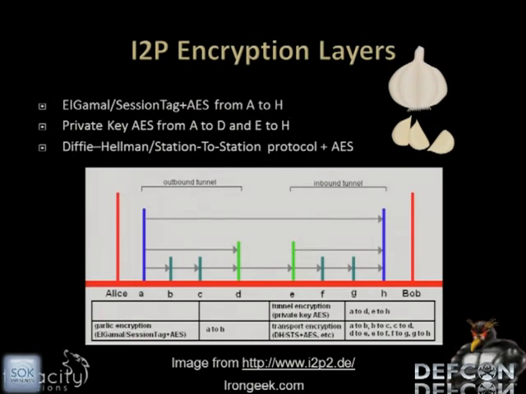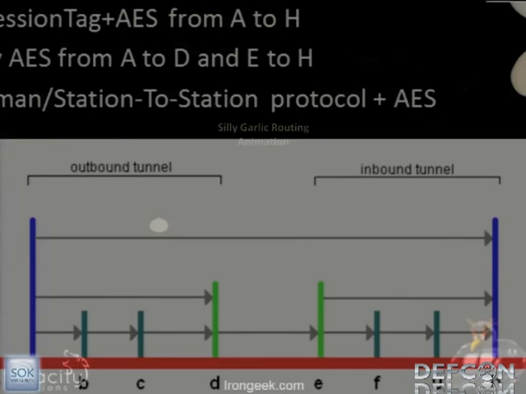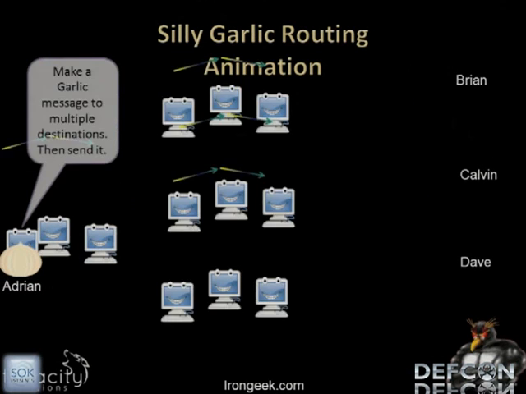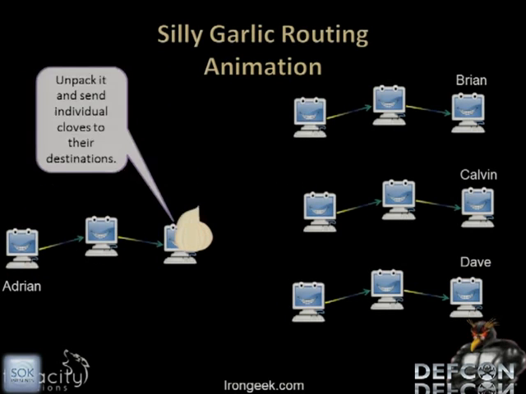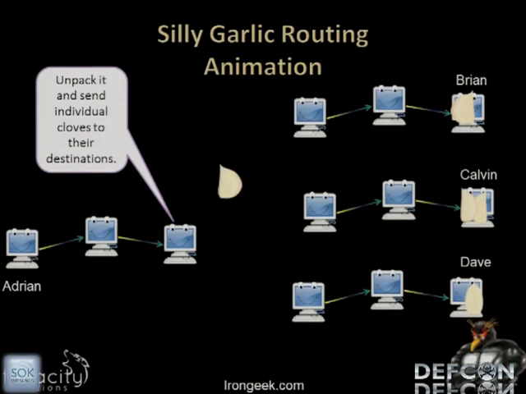Essentially, with I2P, you have three levels of encryption. You have your end-to-end, you have between each hop, and you have between your in tunnel and your out tunnel. Conceptually, though, it's pretty similar to onion routing. The key difference is it's called garlic because you have cloves in a piece of garlic, where in theory you could make a message, send it to an endpoint, have it separate out into separate messages, and have them all return to you in different ways. Now, the way I2P currently implements this, it doesn't really take that full functionality. It's actually a little closer to onion routing than that picture illustrates. But that's a concept of what you could potentially do with garlic routing.